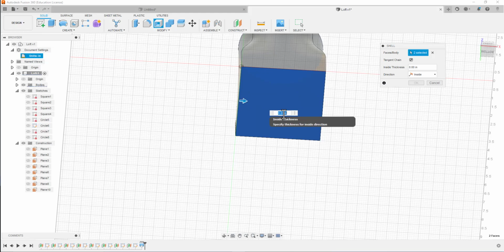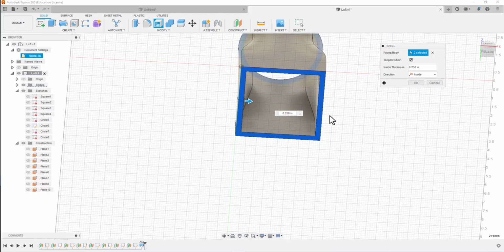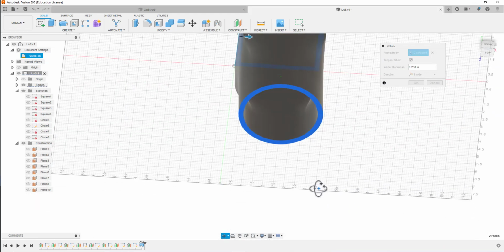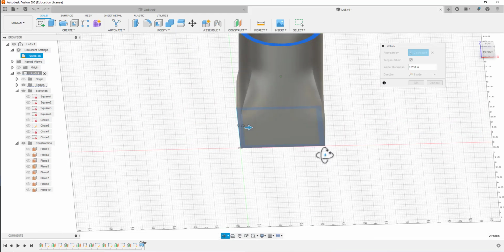So most PVC parts are around 1/4 of an inch, so I think that's what I'll make this, 0.25. So notice when I gave it a value, it took it a second, but it made it, so now